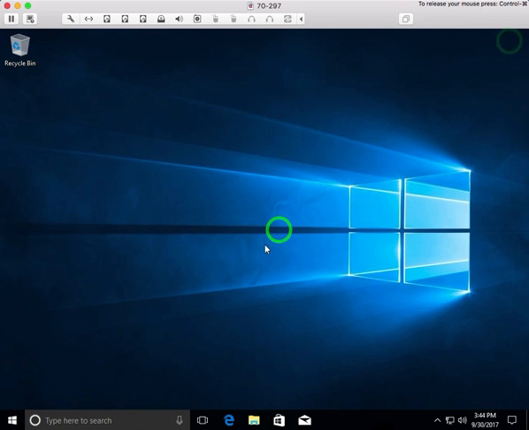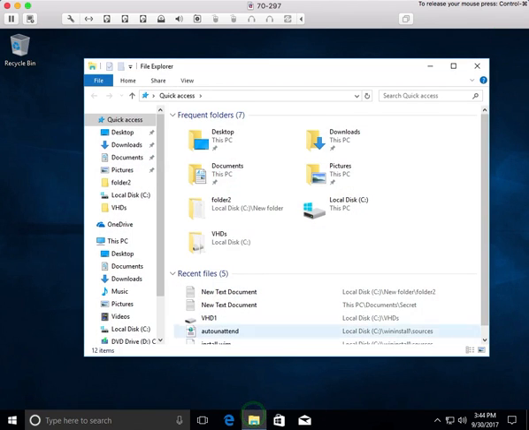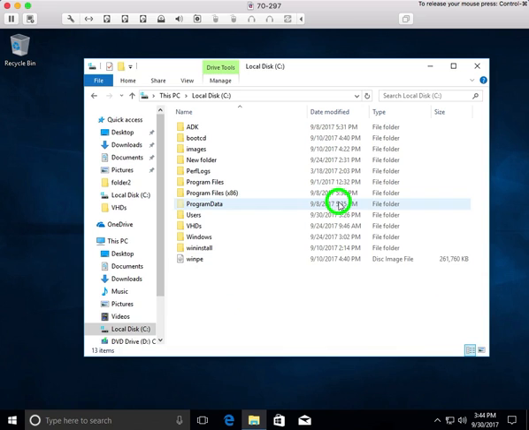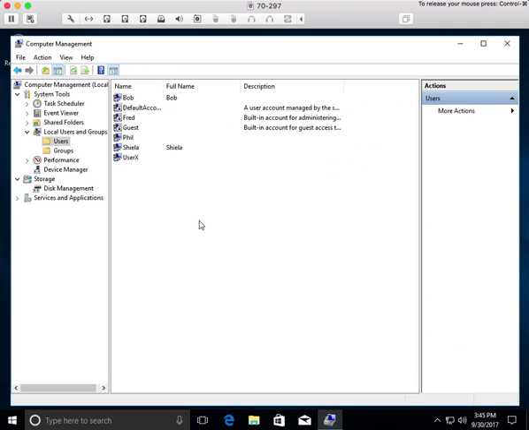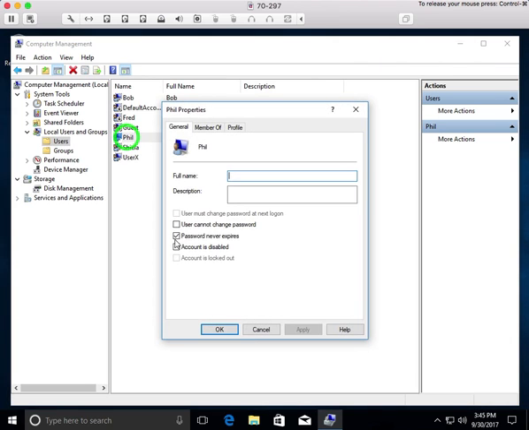Let me close this out. If I go down to the machine, to File Explorer, to the C drive, and the users folder. Inside the users folder are where all the profiles are. Now, going back into the users